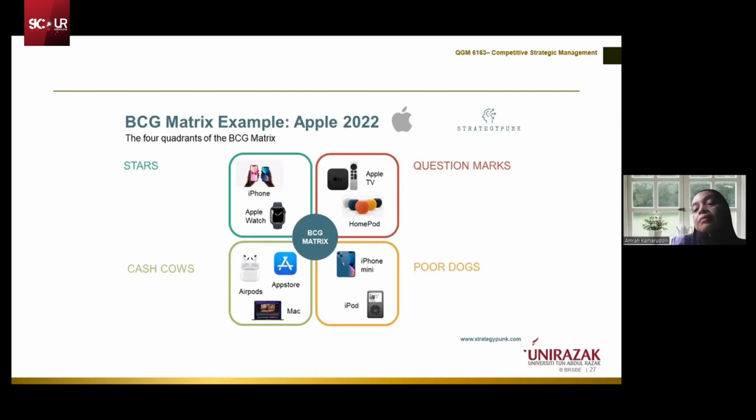So dog is actually like low market share, and also the growth is low because they don't want to focus anymore. You know, like iPod is no more in the market. Now they changed to AirPods. No more in the market already. I think they already stopped, if I'm not mistaken. So these two, like the iPhone mini, also slowly will be out of the market. So this is actually how you emphasize your product. Samsung also is the same thing, because from there they can focus on the star and also the